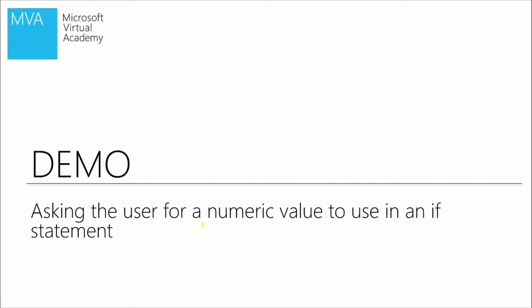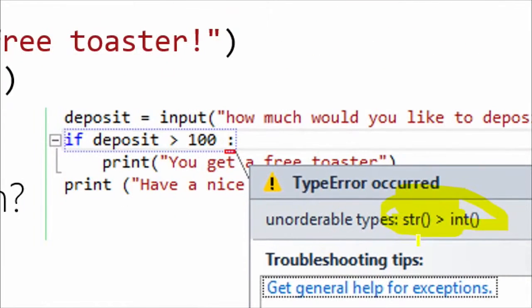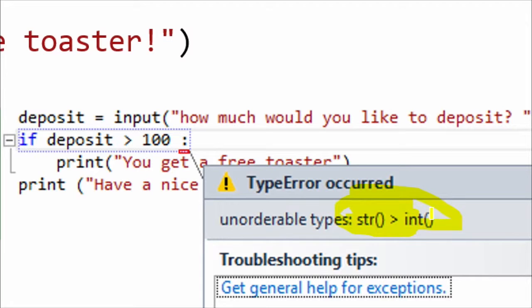Now, one of the things we did just talk about was the issue of when we're asking people to enter a value, right? We use an input statement. You can run into data type conversion errors just like we did now. And so you may need to actually convert that to an integer, because you can see in the error message that it's got an integer on one side, a string on the other. So we need to convert the string into an integer so we have the same data type on both sides.